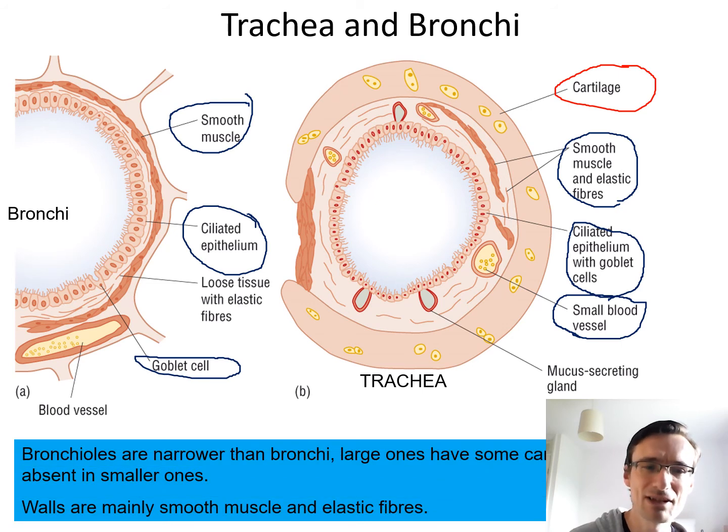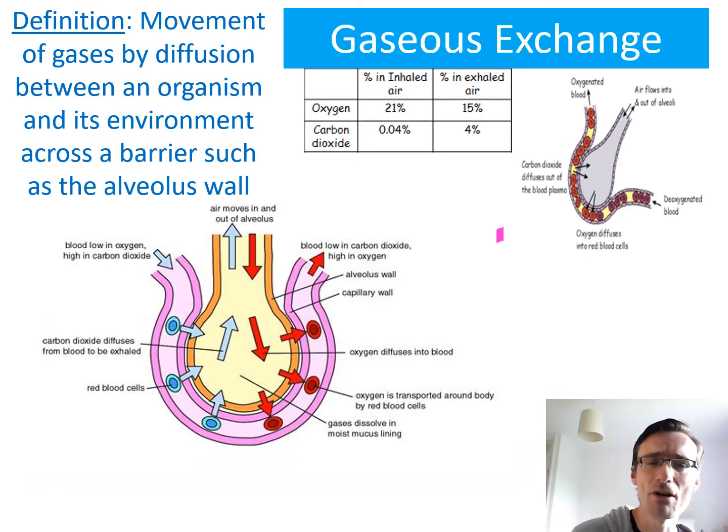So the main difference is the lack of cartilage, and that is because they're getting narrower and narrower until they go down into the alveoli. And also don't forget they're in your lungs at this point, whereas the protection is much more needed, greater needed for the trachea. Okay, so gas exchange is the movement of gases by diffusion between an organism and its